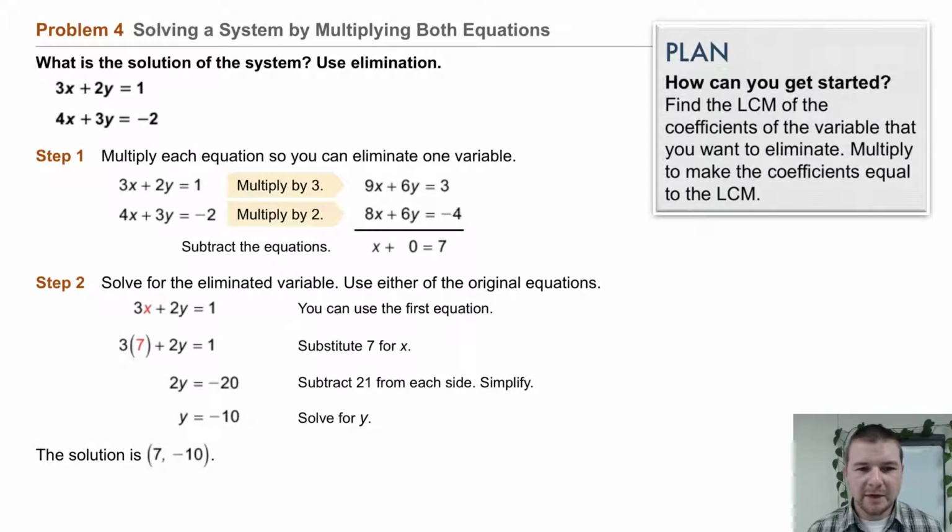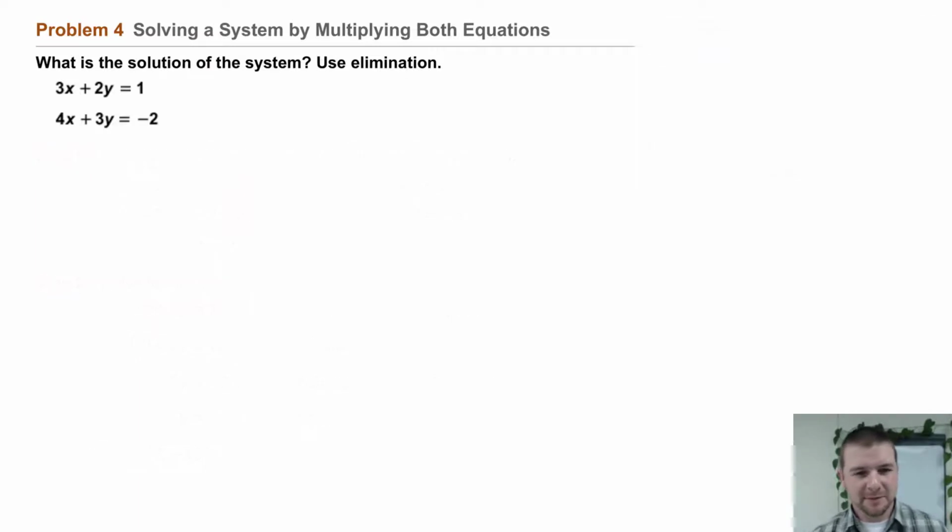Problem 4. Solving a system by multiplying both equations. What is the solution of the system? Use elimination. When we consider the system, 3x plus 2y equals 1 and 4x plus 3y equals negative 2, we